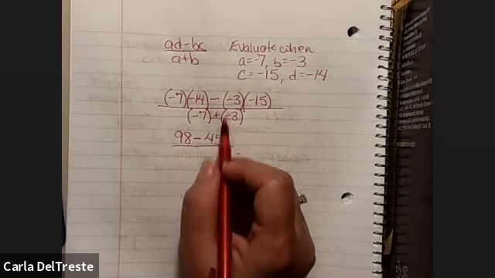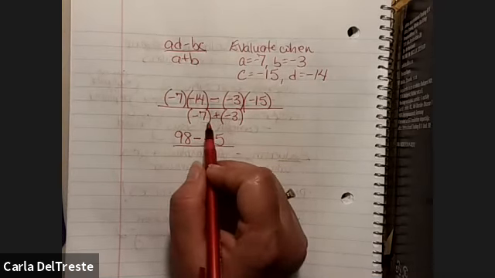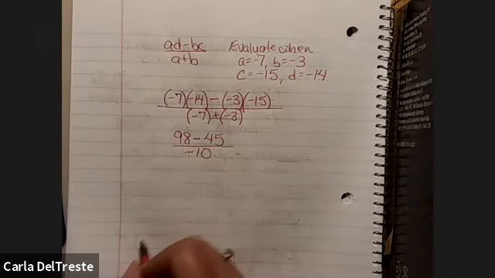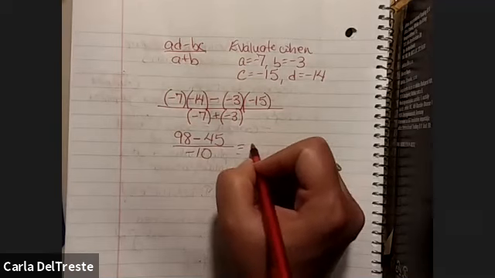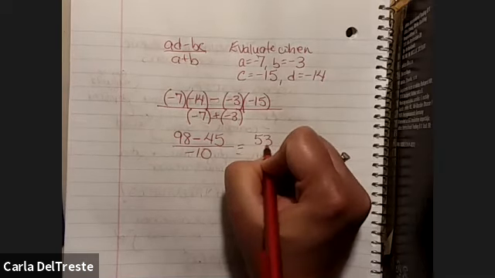I can do steps at the same time because this is viewed as a whole different part of the problem. So negative 7 and negative 3 is negative 10. Then I can do 98 minus 45. Again, use the aid of a calculator. This will be 53